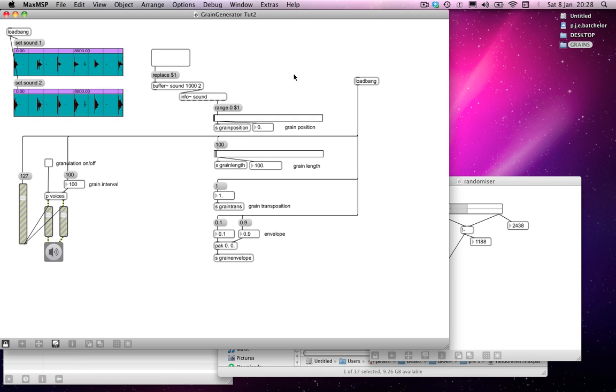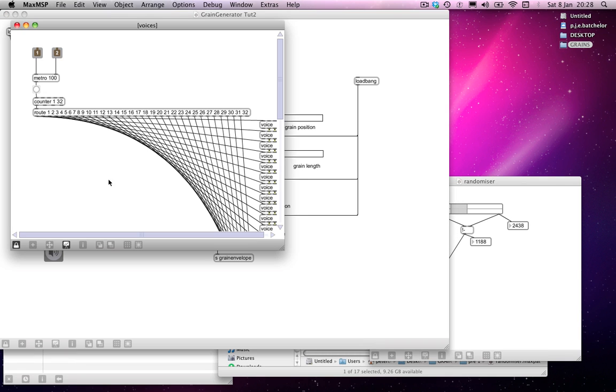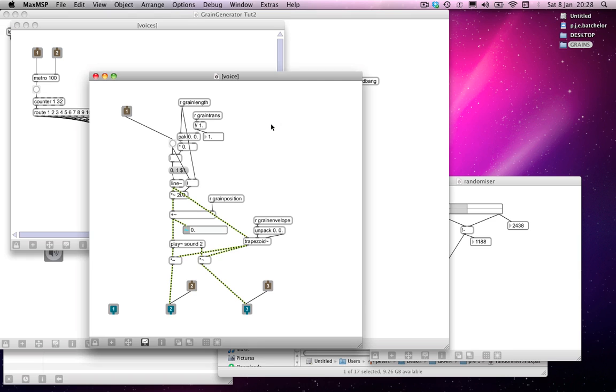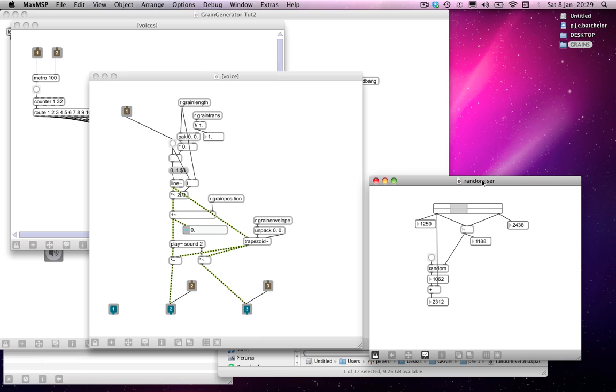So we can go into the voices abstraction in here, and currently, obviously, we have one piece of information that's being sent to the receive grain length object and being passed into the relevant objects that deal with that information down here. So we still need to send information from this randomizing engine, but we need to send two bits of information: